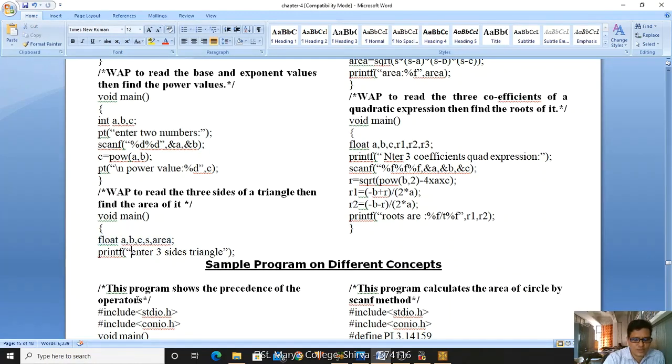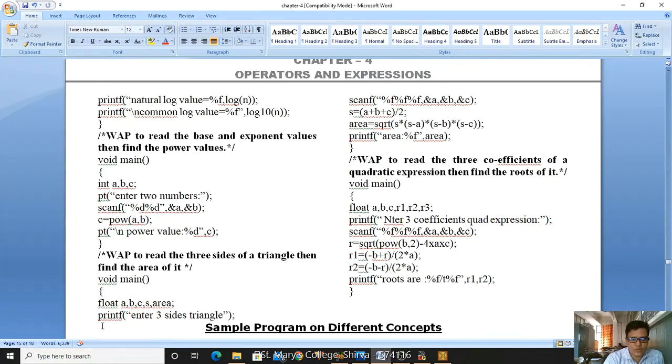Here it exists, you can do that. Here it is, we will share it. Enter the 3 sides of the triangle. We have to enter the a, b, c values and calculate s, which is (a plus b plus c) by 2. Once you get the s value, you calculate the area of a triangle: sqrt of s into (s minus a) into (s minus b) into (s minus c). This is the formula. The square root will be processed and stored in area, and you are directly displaying that value.